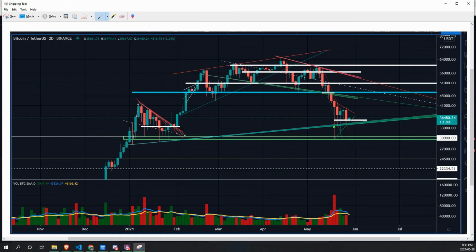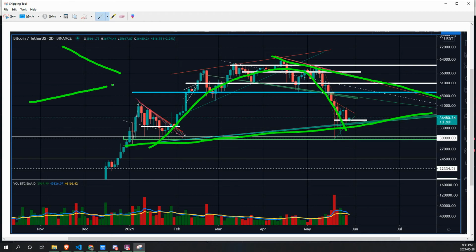So this, in my opinion, is the first major higher low within this structure that we see right here. This is the resistance. This is the ascending level of support. Lots of wicks, lots of wicks. This is the first major wave. If you do not know, this is how we trade symmetrical triangles.